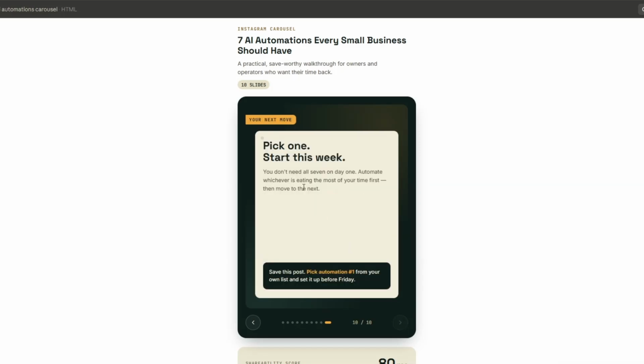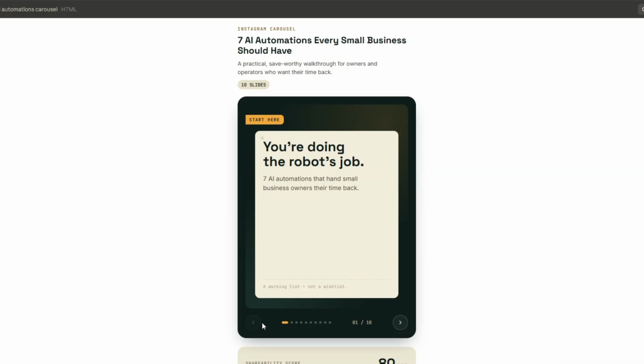And then on the last slide, we are concluding with a powerful call to action. We're telling the reader, pick one, start this week. You don't need all 7 in one day. Automate whichever is eating the most of your time first, then move on to the next. And in the call to action, we're telling them, pick one automation to set up before Friday. It's amazing. So these are the 10 slides that we successfully generated